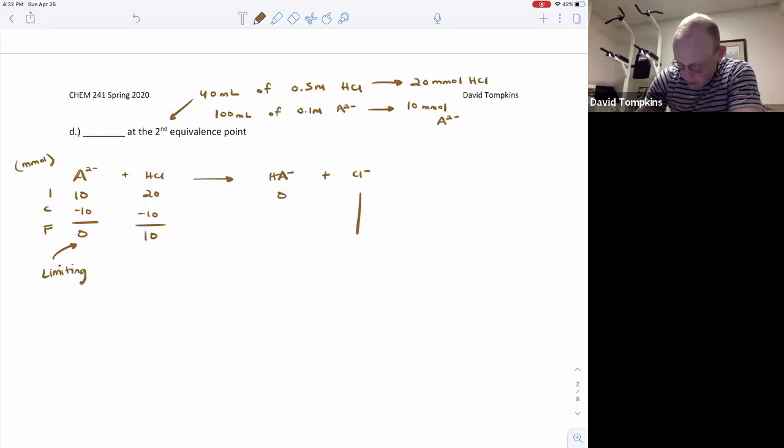And we have 10 millimoles excess of HCl, and we make the same amount of the monoprotic acid. So now we have two things present. We have a strong acid that is going to continue to protonate anything in the solution that is the least bit basic. It will protonate it. And we have an amphiprotic species,